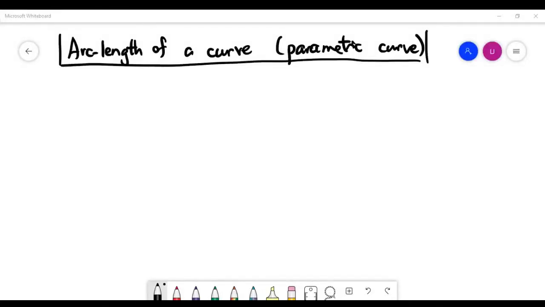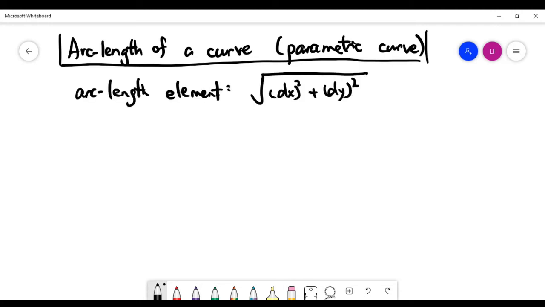So in this video, we'll look at how to find the arc length of a curve if it is presented as a parametric curve. And let's come back to the arc length element. So we can call the arc length element to be something like that. And there's a reason behind that, because when you look at the curve,